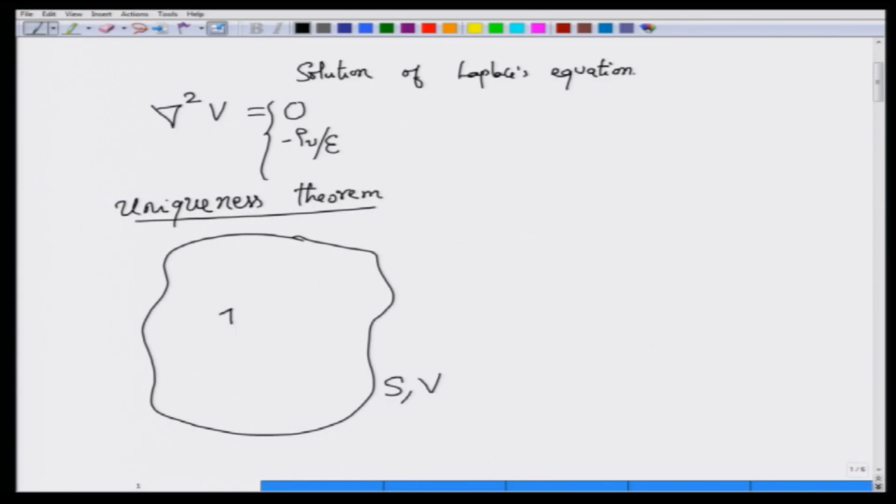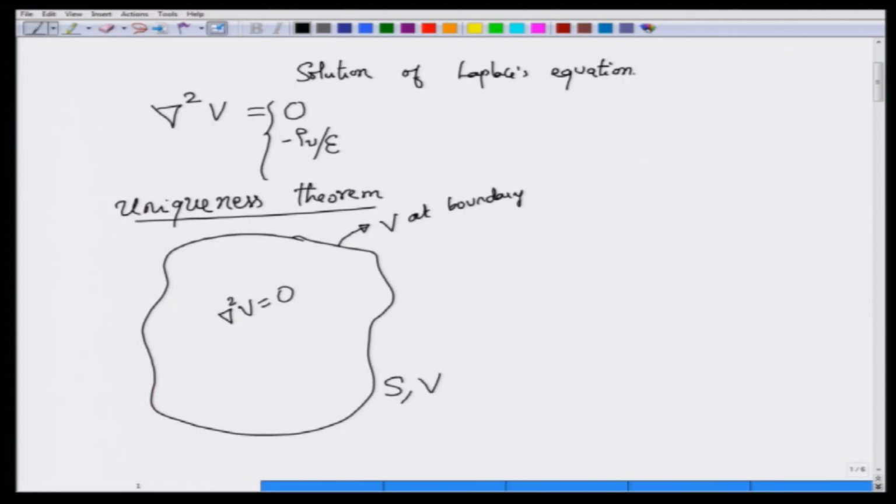So, clearly this is a situation where we can apply Laplace's equation, because del square V will be equal to 0 throughout this region, which is characterized by the surface S and the corresponding enclosed volume V. Okay. Of course, the Laplace equation is just that. You need to supplement this equation by certain boundary conditions. By boundary conditions, we mean the values of the potential at the boundary. So, if I specify the value of the potential at the boundary, V at boundary, then I will be able to solve this equation and obtain a solution. Okay. Otherwise, the solutions that we obtain will be quite general.